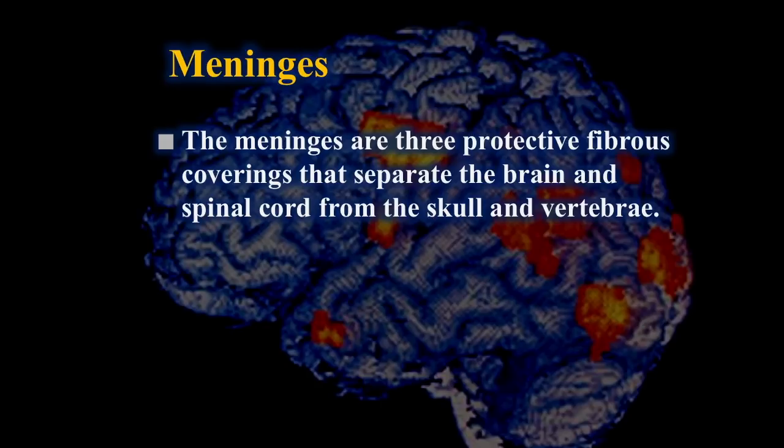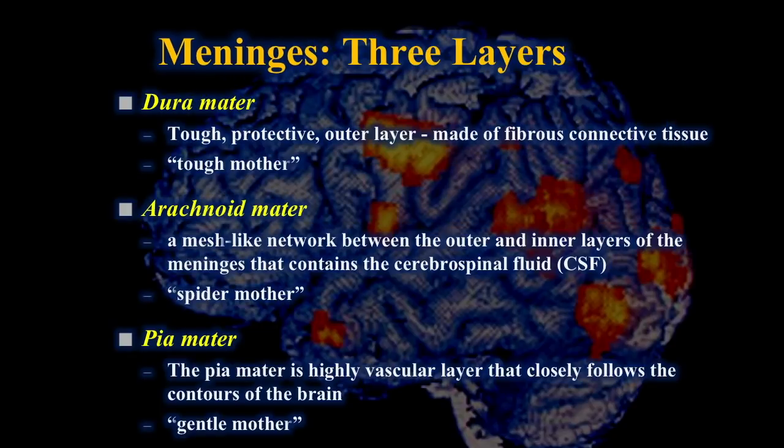There are 3 layers. And they help separate the brain and spinal cord from the bones, so from the skull and from the vertebrae. They also help hold in your cerebrospinal fluid, which we'll get to in a second. Okay, and you've got 3 layers. The first layer that you would see if you cut into somebody and cut up in their skull is the